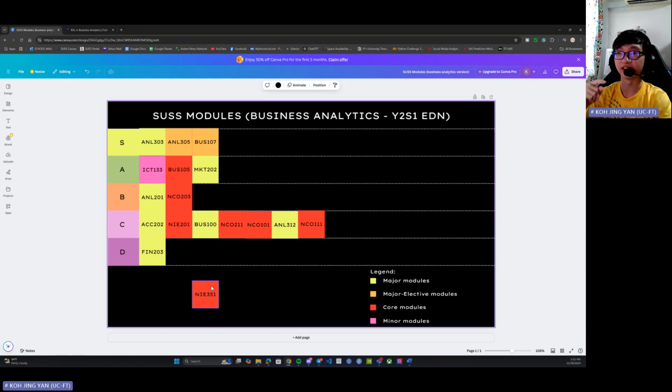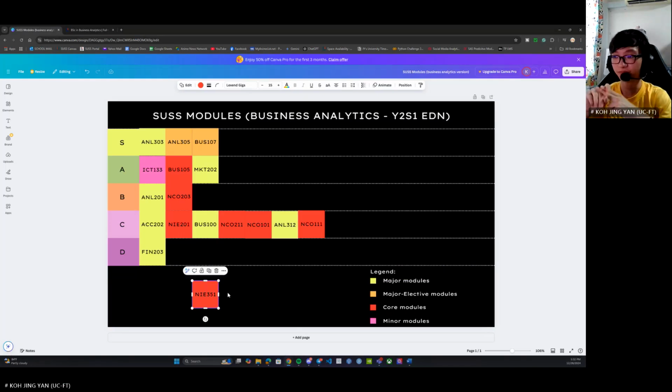First thing is, for NI351, not only do you need to pay fees for this module as a 5CU module, you also need to pay the school fees for the trip, and minimally at least 1K. I repeat, at least 1K. So that means not only do you pay around an $800 school fee, but you're also paying an additional 1K